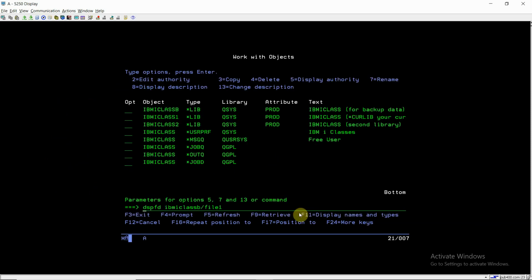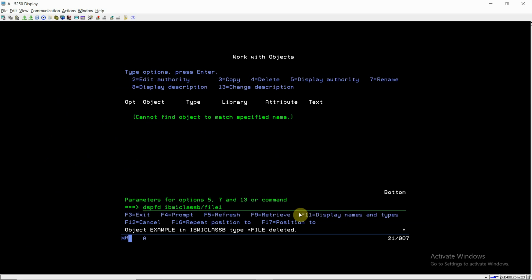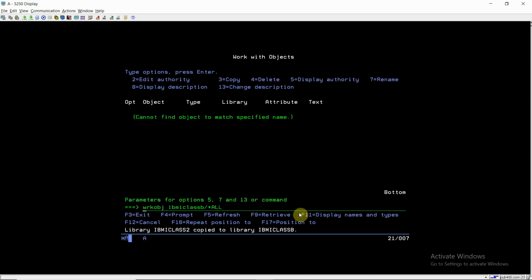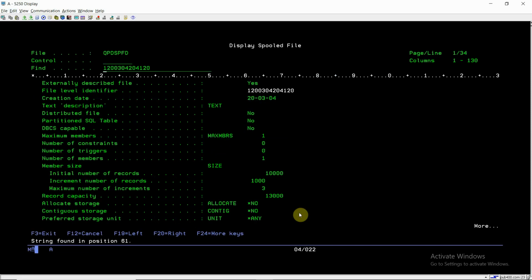So for example, if I want the same, just do copylib again, with file ID as star yes, data star yes, and all the others yes. If I do DSPFD on this one, I can find this: the file level identifier is also copied, or you can say it matches the previous one.